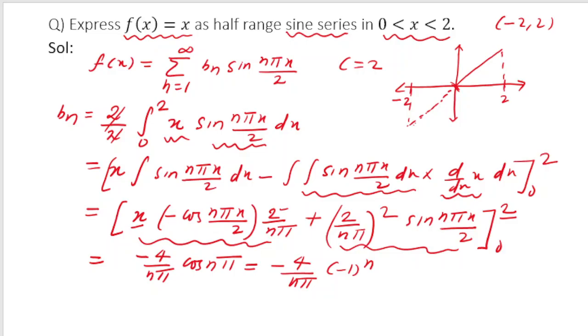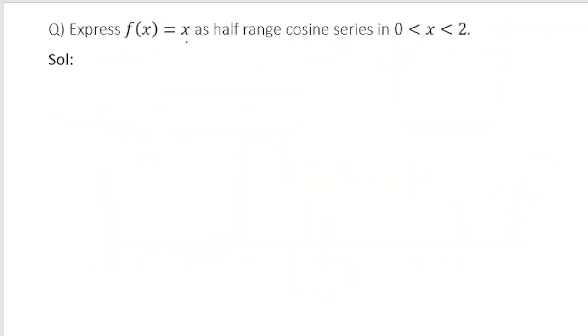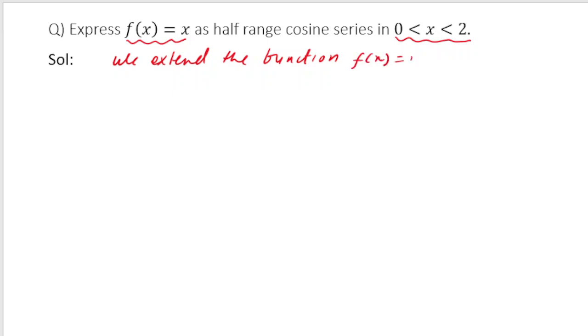Let us quickly write the Fourier cosine series expansion for the same function. If I look at this function f of x, we have the same function, and now I want to write the half range cosine series in the interval 0 to 2. To write the half range cosine series, you have to extend the function in the interval minus 2 to 2. If you want, you can draw the graph, or you can simply write that we extend the function f of x is equal to x in minus 2 to 0. It is given in 0 to 2, so I will extend it in minus 2 to 0, so that the new function